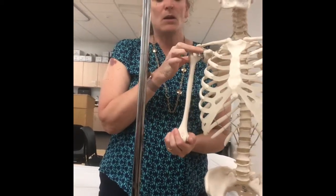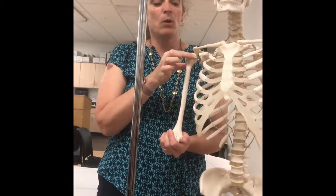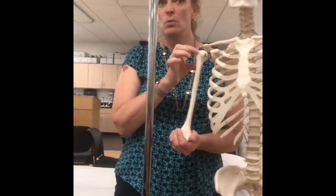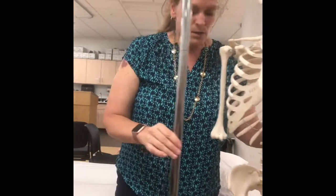So we're going to palpate the coracoid process, then we're going to palpate the bicipital groove, the lesser tubercle, and the greater tubercle. Okay, now I'm